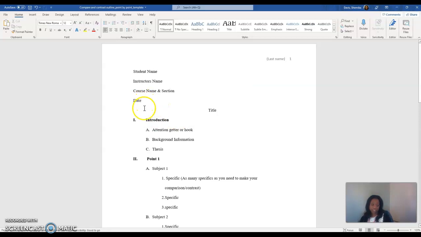You need to be looking at MLA format in your book, because a lot of you are struggling when it comes to getting our formatting correct. Okay, so let's make sure that we are looking and using our book as you are doing these things. And then making sure you plug in your last name. The page number should be pretty much fixed, so you should be okay. Same thing for